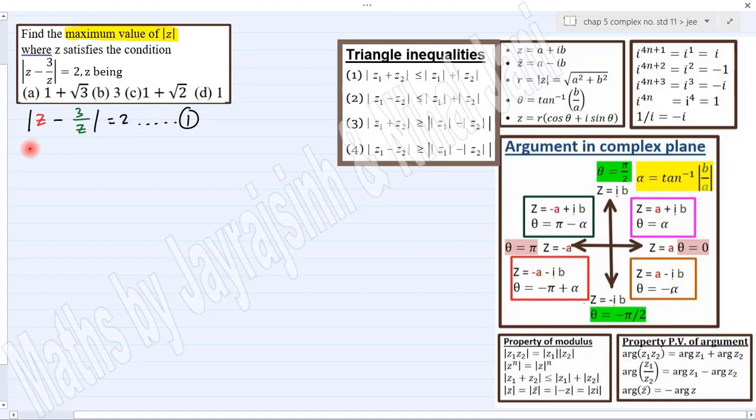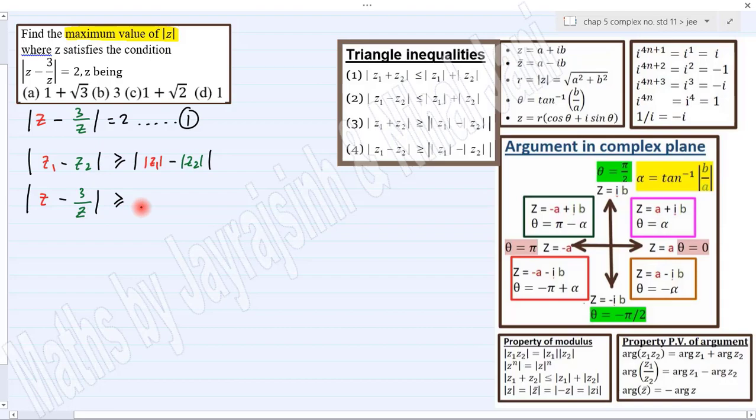Here, we are going to use the property of modulus, which is mod of z1 minus z2 is always greater than or equal to modulus of z1 minus modulus of z2. Now here we are considering z1 as z and z2 as 3 by z,